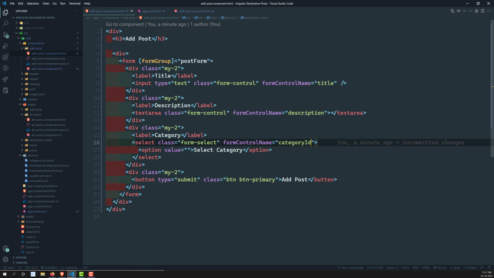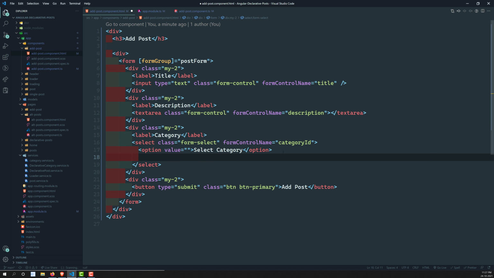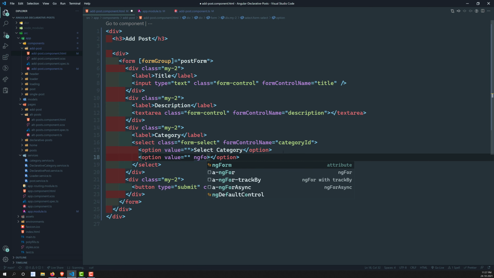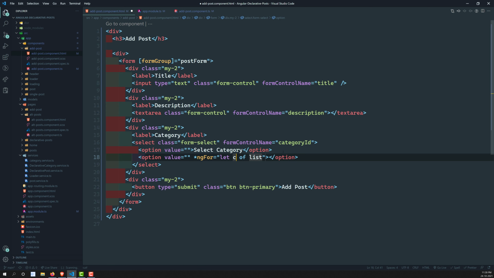So fine, let's go to this add-post.component.html file, and here I can add option value is equal to, let's write it empty, and here we need to loop over with ngFor, category of categories$, and we need to keep the async. That's it.